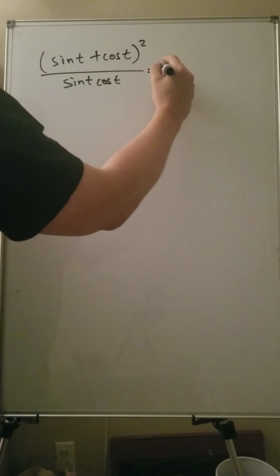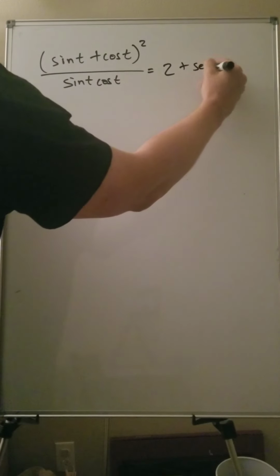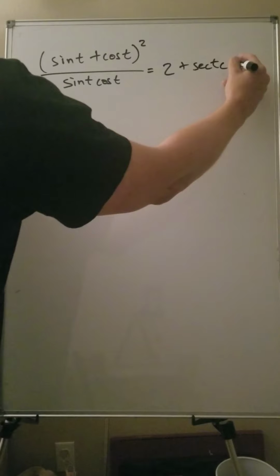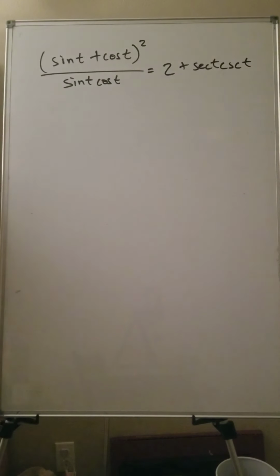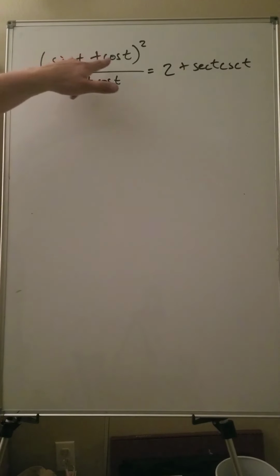That's supposed to be equal to 2 plus secant of t times the cosecant of t. Well, I think the left-hand side looks more complicated. It gives me more to do. Namely, I can